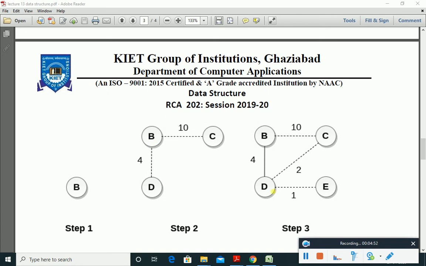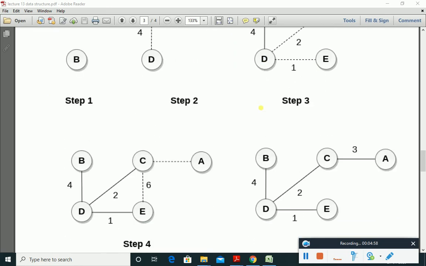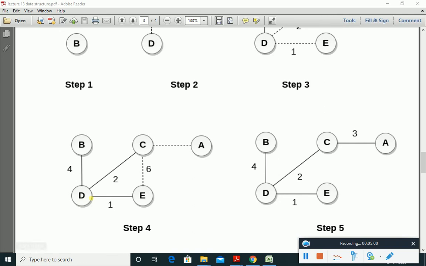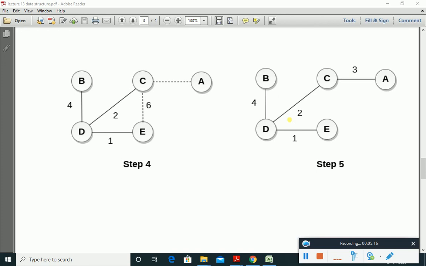Then with D, E and DC are connected, and here we have selected the BD. Then we have selected the DE. E has the edge with 6, but we have selected the DC. C has the edge to A with 3, so we have selected this. If we find the cost of this tree, it is 4 plus 2 plus 1 plus 3, total 12.